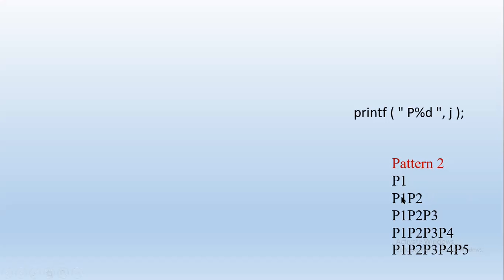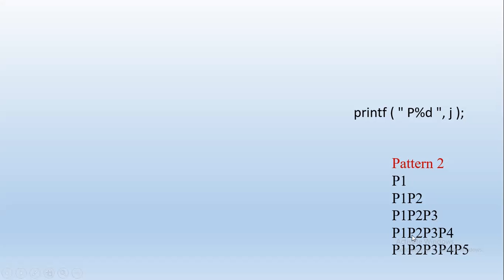Okay, this is row 2. What are the values? 1 and 2. Okay, row 3, values are 1, 2, 3. Row 4, if we just analyze like this, let us consider row 3. Values are 1, 2, and 3. So row number I equal to 3. What is J? 1, 2, 3. So these values are less than I as well as equal to I. So J values are less than I, equal to I.